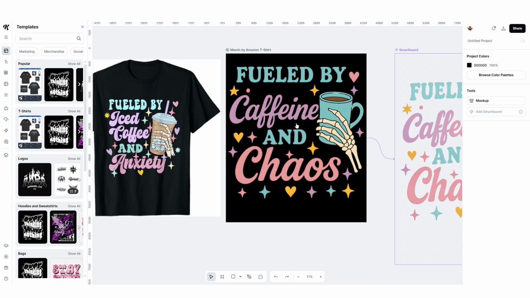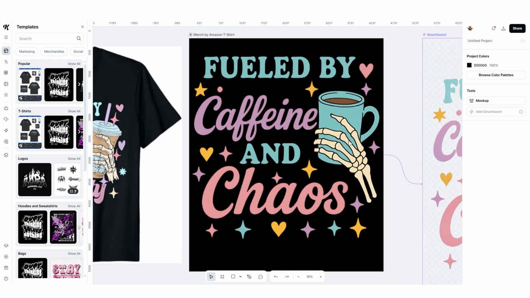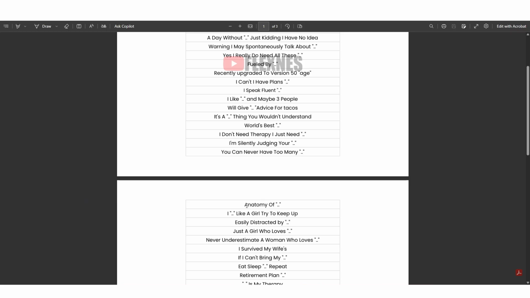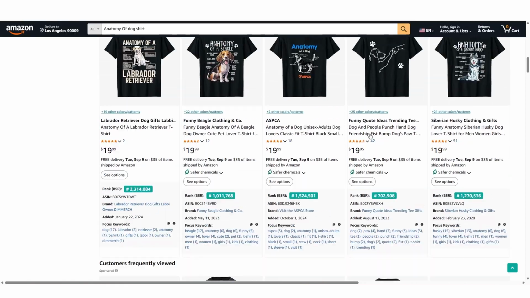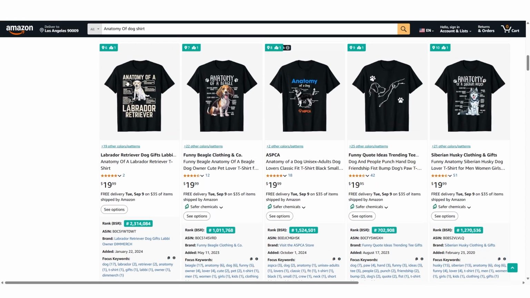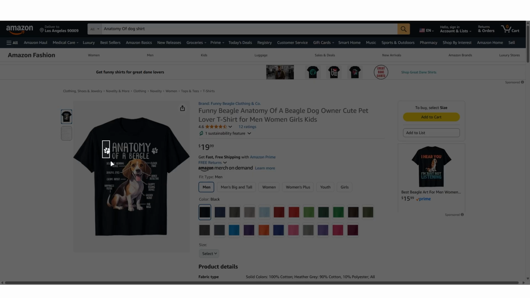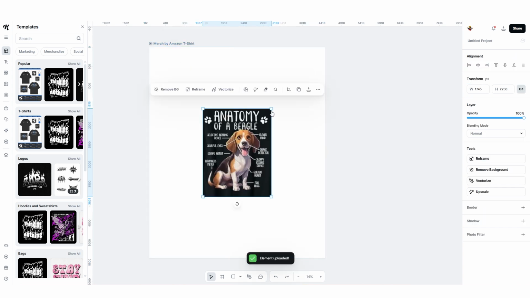Let's do another example with a different niche and a more complicated one so you can understand more how powerful this is. I'll take now this scalable phrase, anatomy of. I looked for anatomy of a dog shirt. If you check what's selling, you'll find different dog breeds, and each breed with different funny characteristics that describe that breed. Taking this anatomy of a beagle for example, just gonna screenshot it, paste it again on a Kittl artboard,